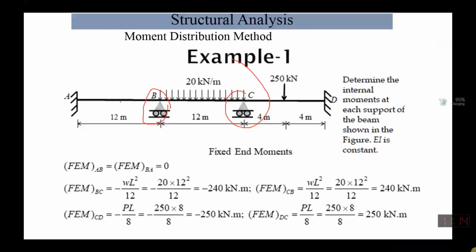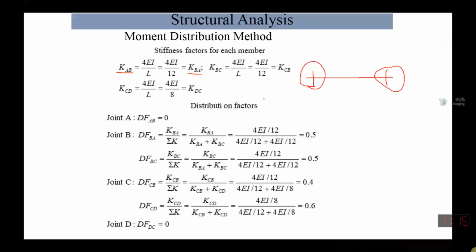How many distribution factors? 2, sir. The joints, remember this joint, 4, sir. This joint, 4. So we will find out 4 distribution factors. The distribution factor for this first support will be equal to 0